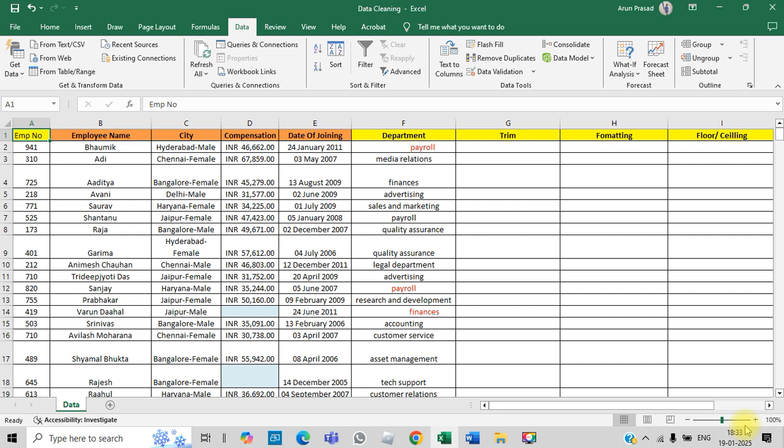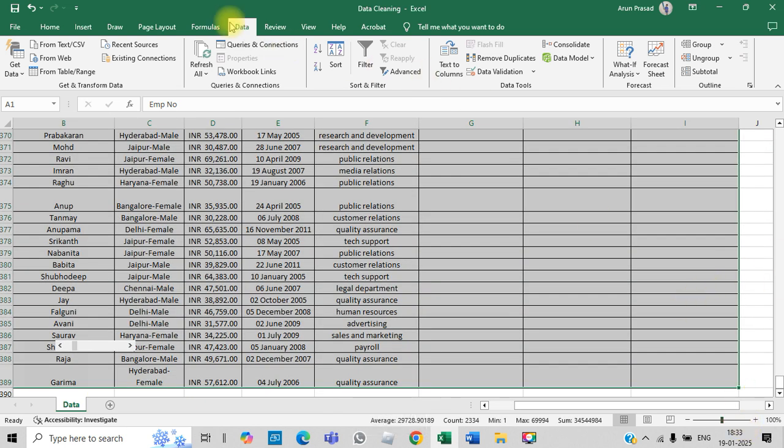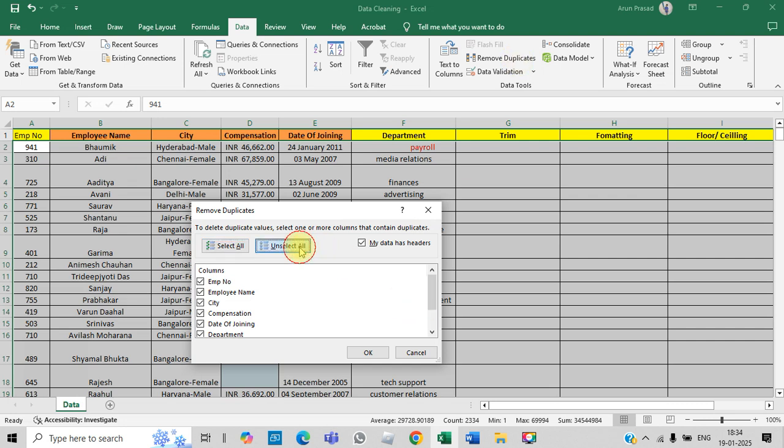But in this case, employee number can be considered as a unique field because you may not have a duplication in an employee number. One employee number will not be shared with multiple employees, right? So in this case, assume that employee number is unique. What we are going to do is consider employee number for removing the duplicates. Control A, you have to go to Data, in that Remove Duplicates, unselect all, and then select employee number and